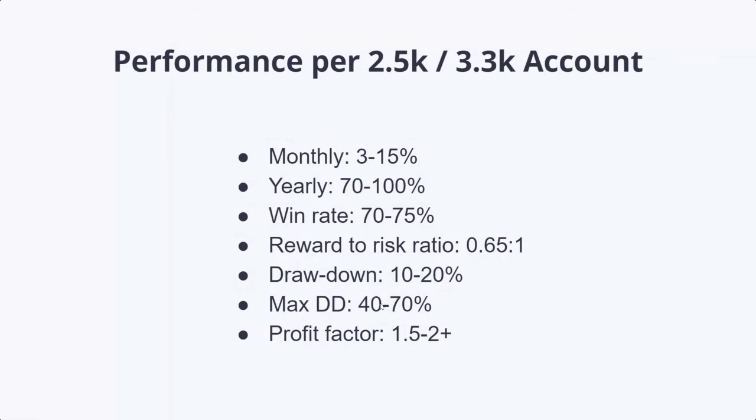But when I talk about max drawdown, then it's kind of like an exceptional drawdown as far as we've seen in live trading and backtesting at least. This is more typical drawdown, but of course we got to be aware that it could happen, a bigger drawdown. And the profit factor typically about 1.5 to 2.